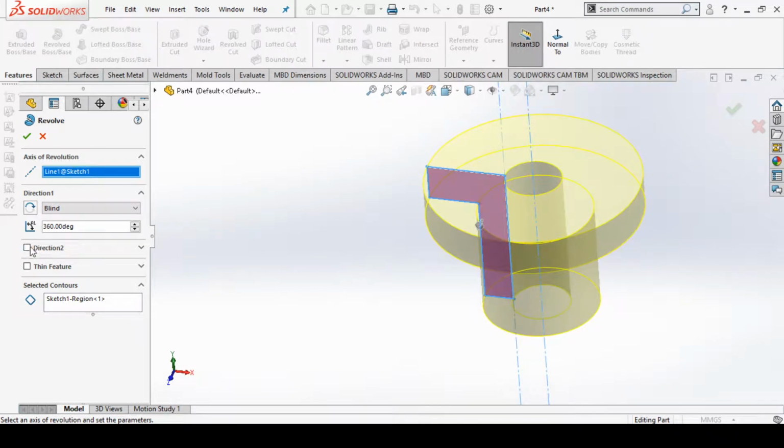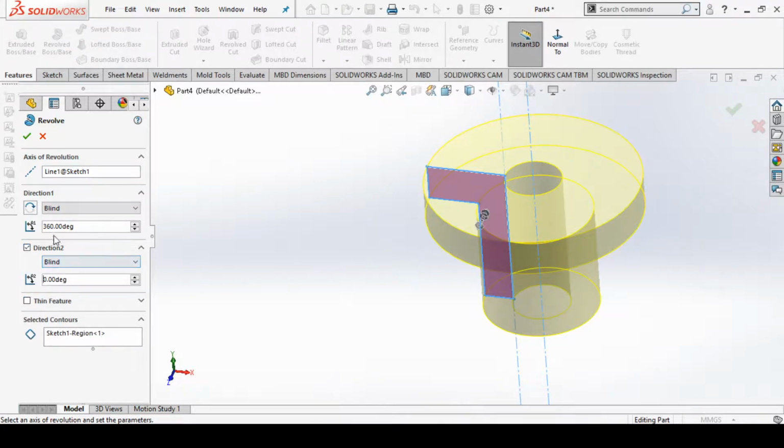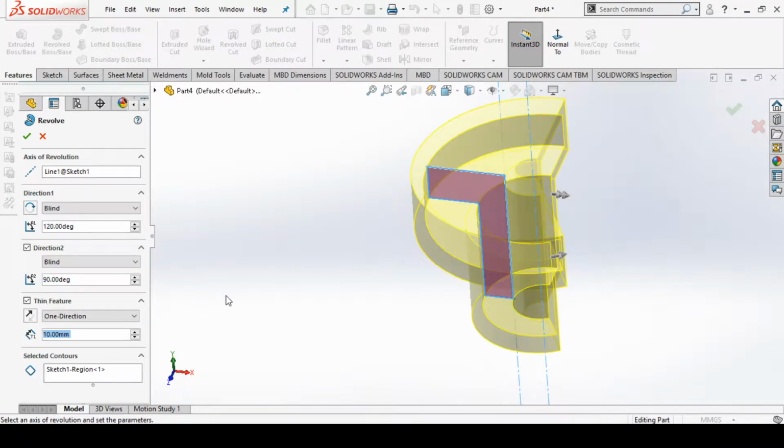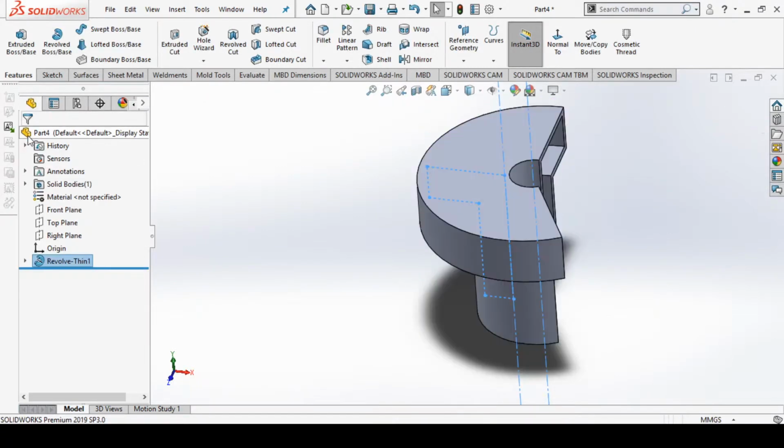Again we can select a direction 2 of rotation, and suppose my direction 1 is some 120 degree, and again direction 2 as well. And we can set the thin feature option, and we can apply the thickness to this feature as some 5 mm, and we can create features in this way.